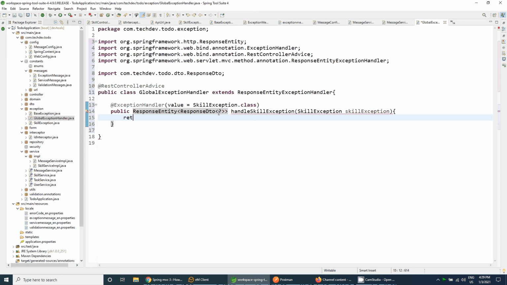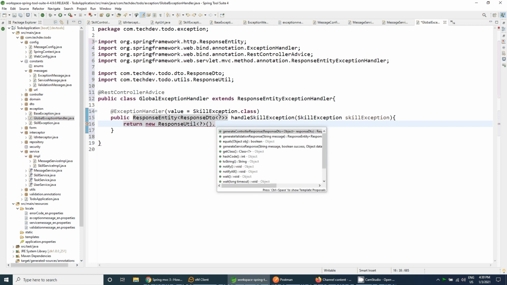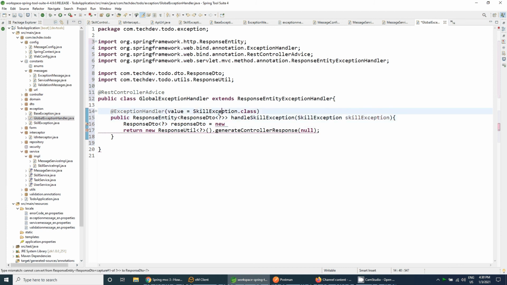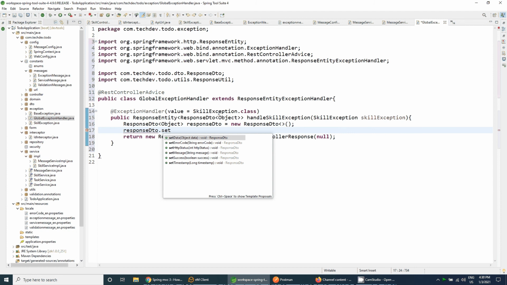So we have to use return new ResponseUtil of type any dot generateControllerResponse, and for that we need to create a ResponseDTO. So ResponseDTO of type any, or instead of question mark you can just use the Object class, and just create the new ResponseDTO. ResponseDTO dot set the data.